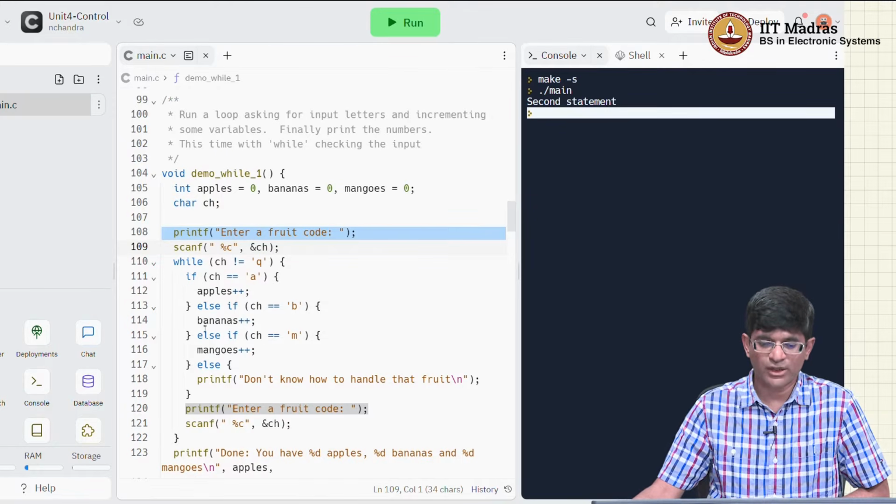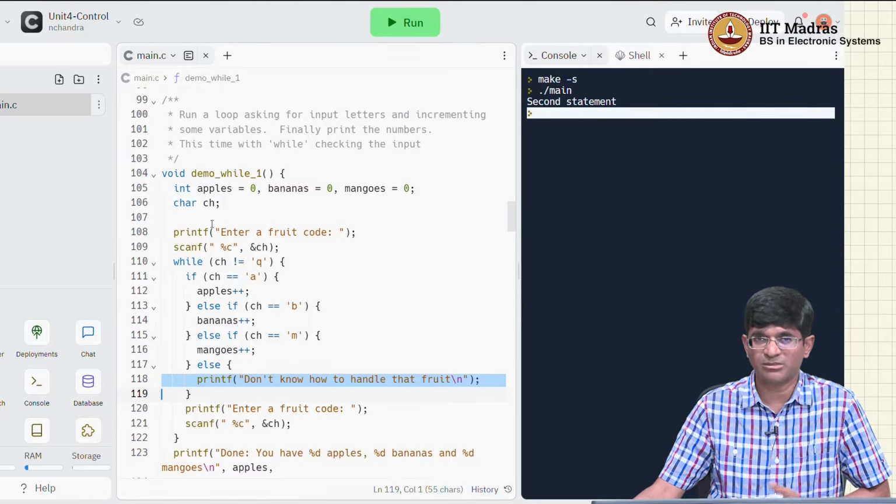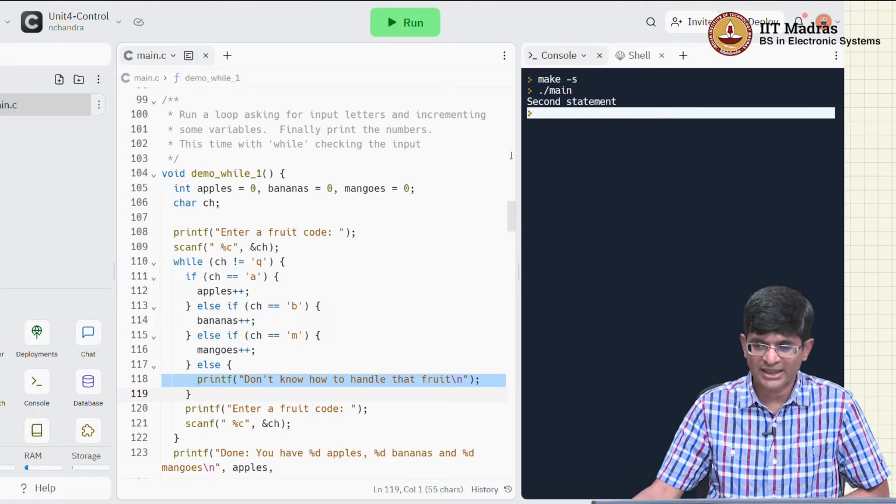There are situations where you might not be explicitly printing out an error message like this. Let us say, for example, that I do not print an error message if I do not know the fruit, I just ask once again, enter a fruit code. Then what I could have done is initialize the character ch with something completely different, let us say ch is equal to x or something like that. Then go inside and check if ch is equal to a, b or c, do something, printf, and then go back, and now when I go back there I would have the new value of ch to work with. Yet another way is, and we will look at that, let us first run this,